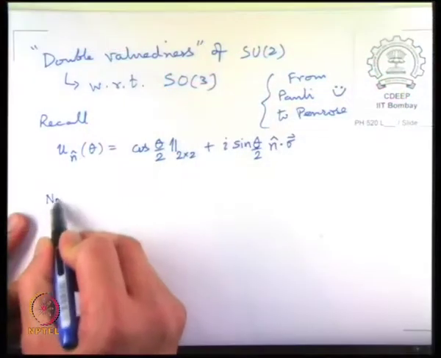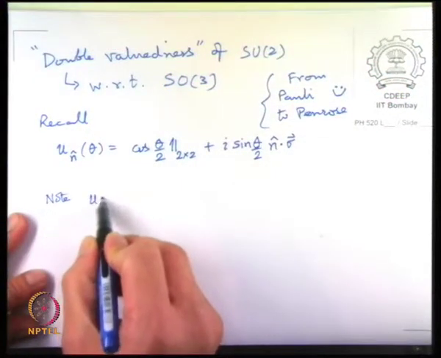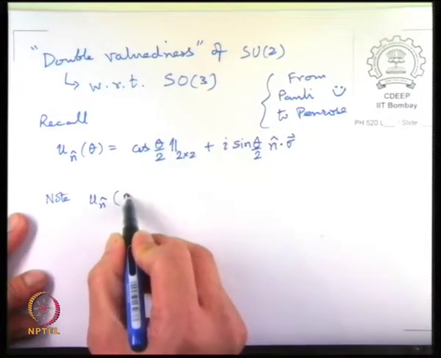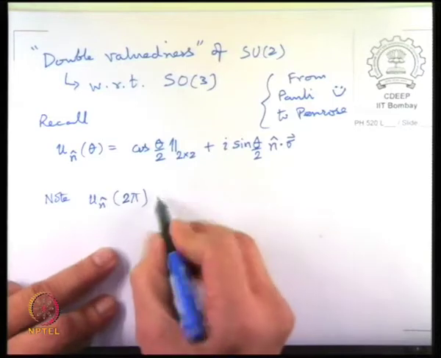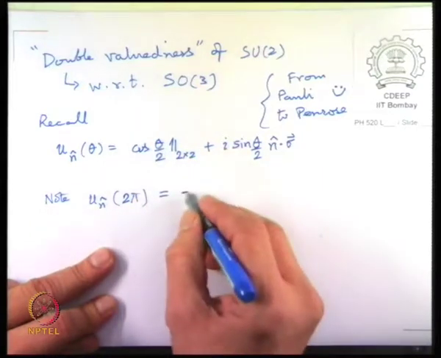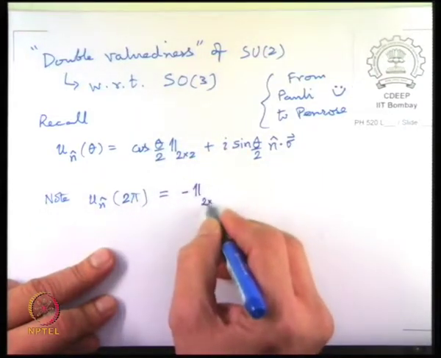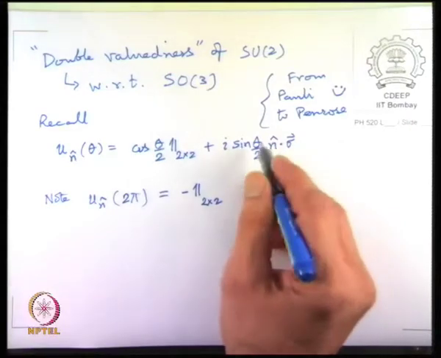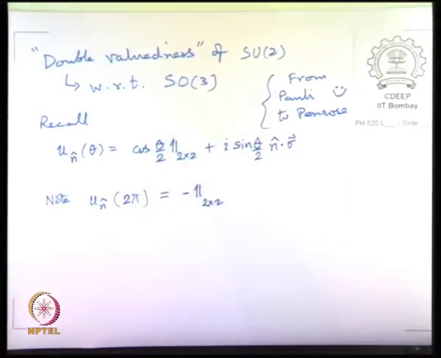Now let us look at the range over which this theta goes. Okay, so we can see that when theta is equal to pi by 2, sorry, 2 pi, what am I saying? So when you go to theta equal to 2 pi, you get cos pi. So you get a minus 1, and sine of pi is 0. Okay. So at 2 pi you don't return to identity, while